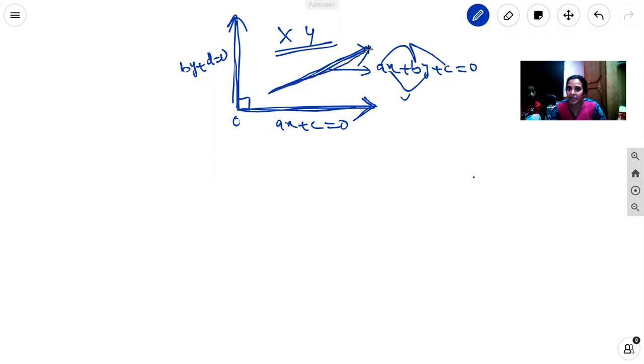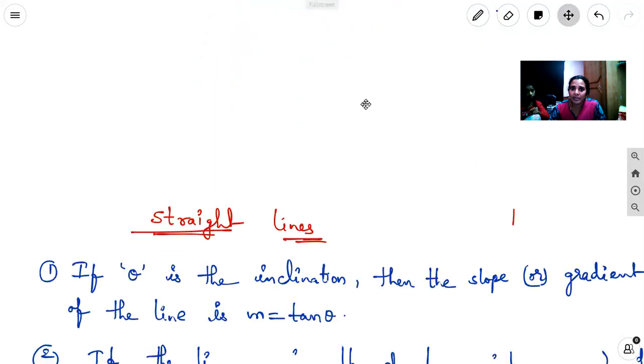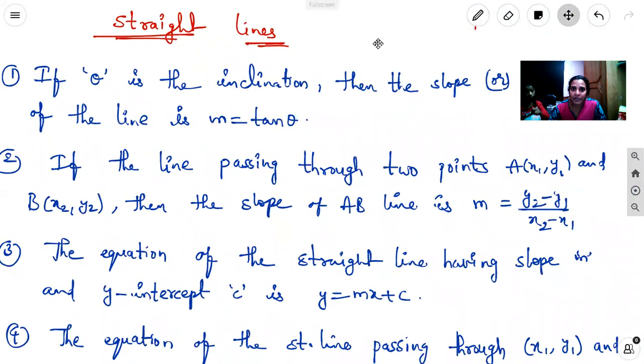For any straight line, we ask what the slope is, what the angle of the line with the coordinate axes is, what the angle in between any two lines is, and what the normal form is. Also, a straight line may have a slope and intercept, or two intercepts with the coordinate axes x and y. Such different formulas are involved in the straight line topic. First of all, we discuss some formulas on the straight line, and we have to remember these formulas.